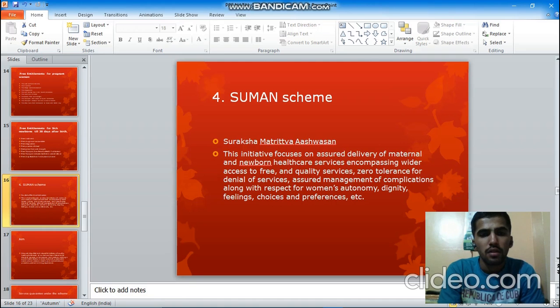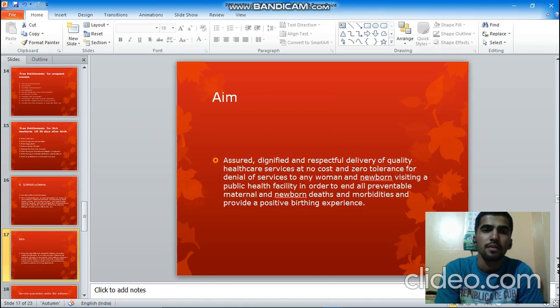SUMAN is nothing but Suraksha Matritva Ashwasan. This initiative focuses on assured delivery of maternal and newborn healthcare services, encompassing wider access to free and quality services, zero tolerance for denial of services, assured management of complications, along with respect for women's autonomy, dignity, feelings, choices, and preferences, etc. So the aim of the SUMAN scheme is assured, dignified, and respectful delivery of quality healthcare services at no